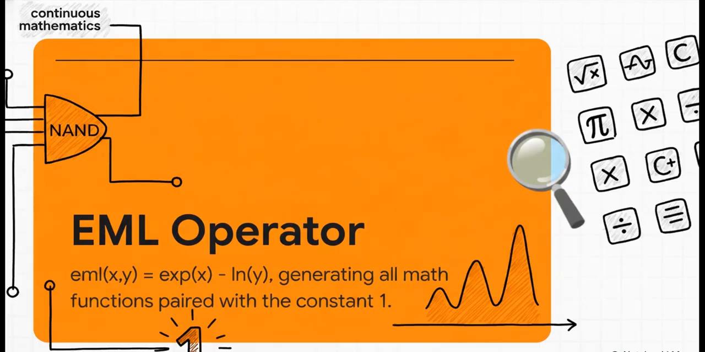A recent paper by Andrei Odrivolik reveals that continuous mathematics actually does have a NAND gate. He calls it the EML operator. It's super simple. EML of x and y just equals the exponential of x minus the natural log of y. That's it. With just this single binary operation and the constant 1, you can literally rebuild the entire scientific calculator